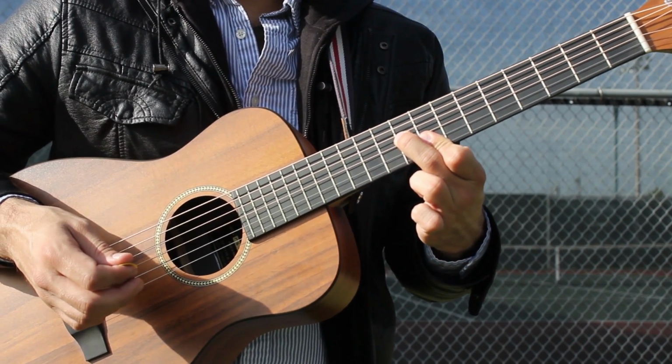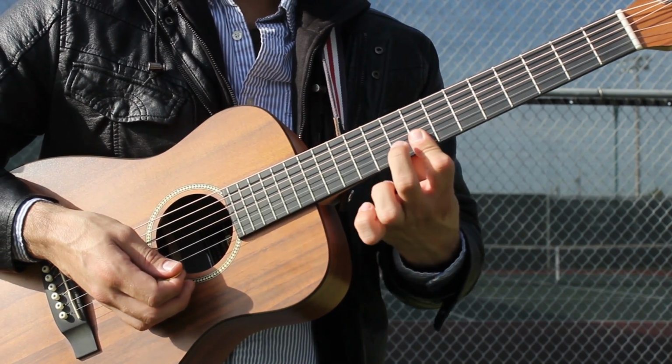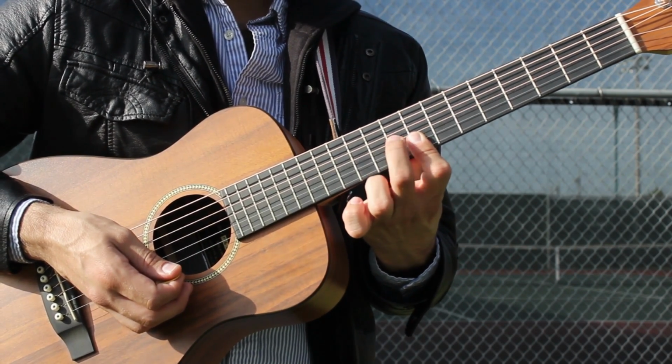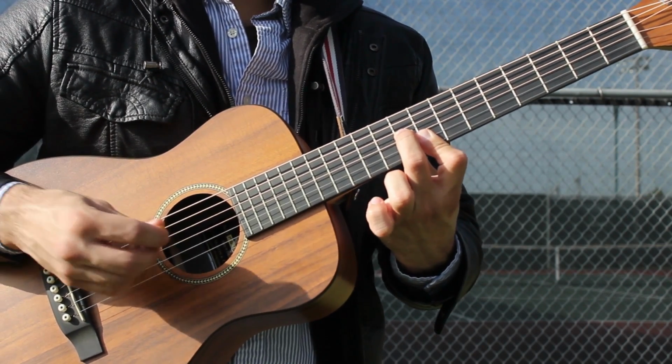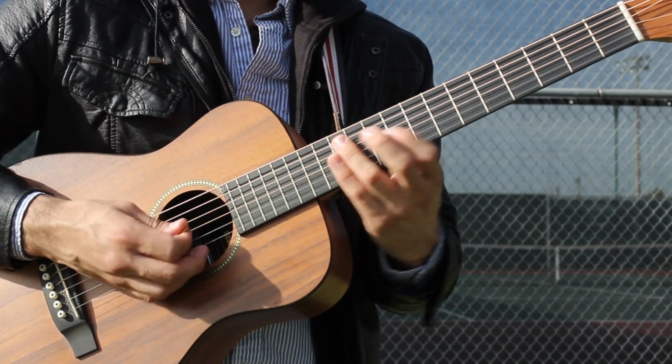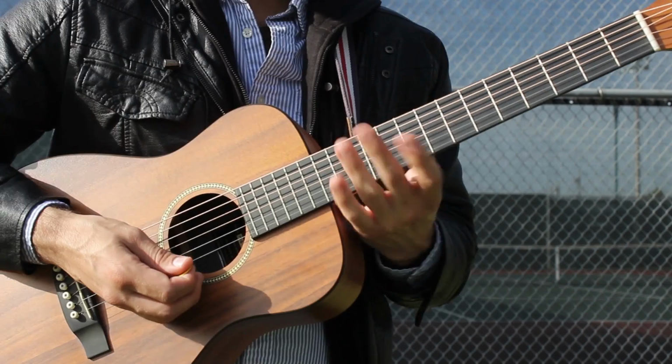And to play this, you're going to bar across the B and high E strings on fret 8 with your first finger, and then hit fret 9 on the G string with your second finger, like that. That's a C major again. On the 4th time, it's right at the end. Okay, what you're going to